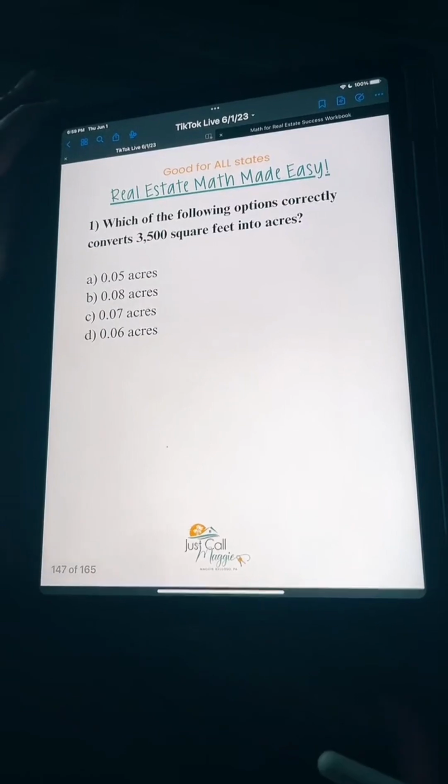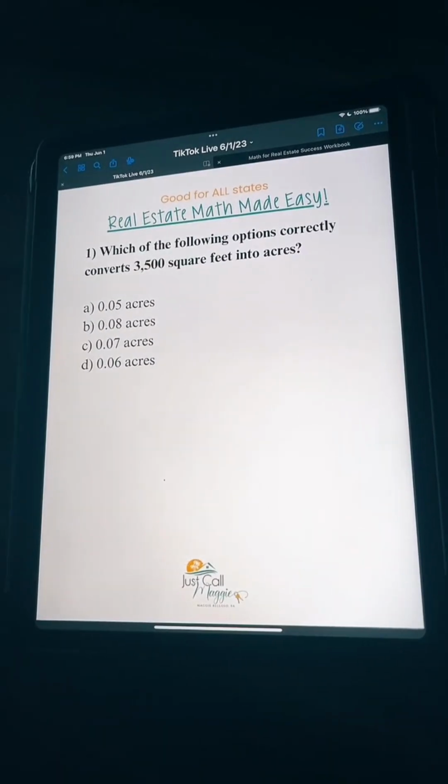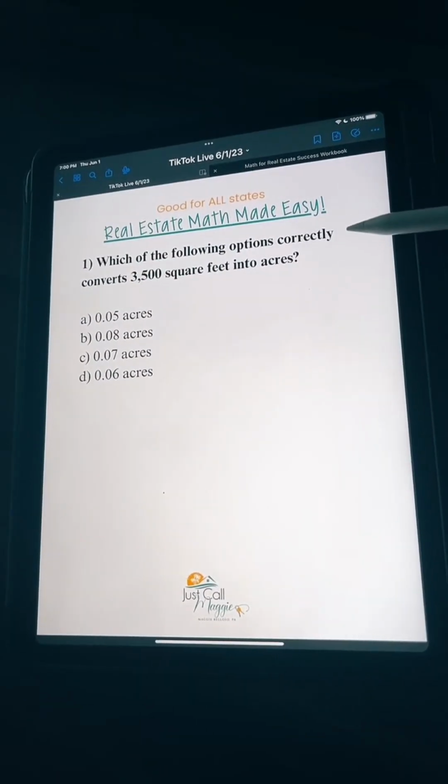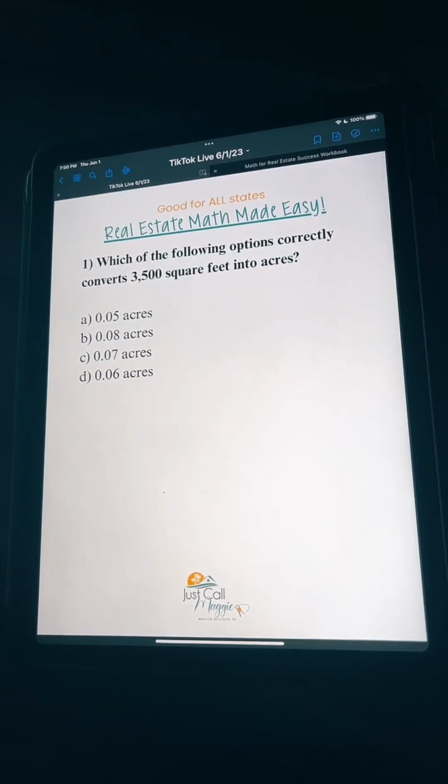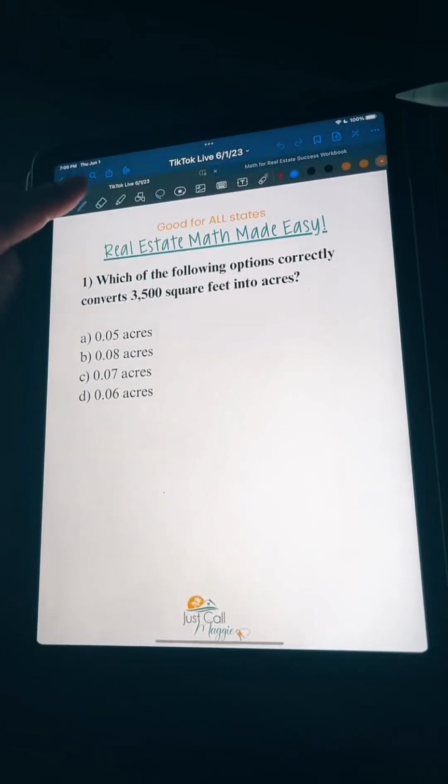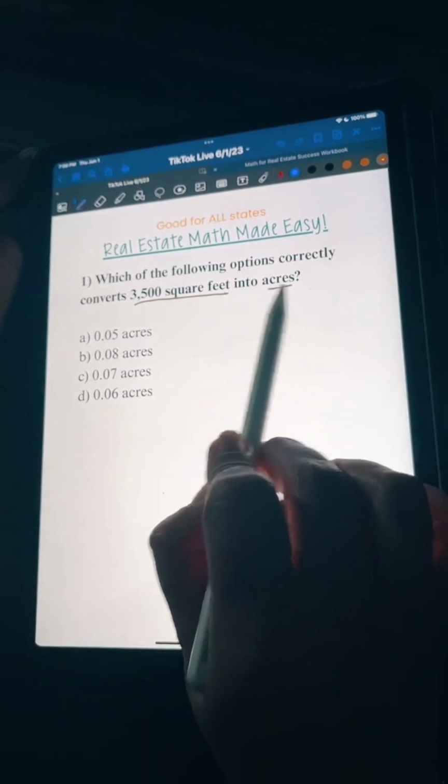Let's get started with today's first problem. Which of the following options correctly converts 3,500 square feet into acres? All right, so in this problem, we have 3,500 square feet and we have to convert it